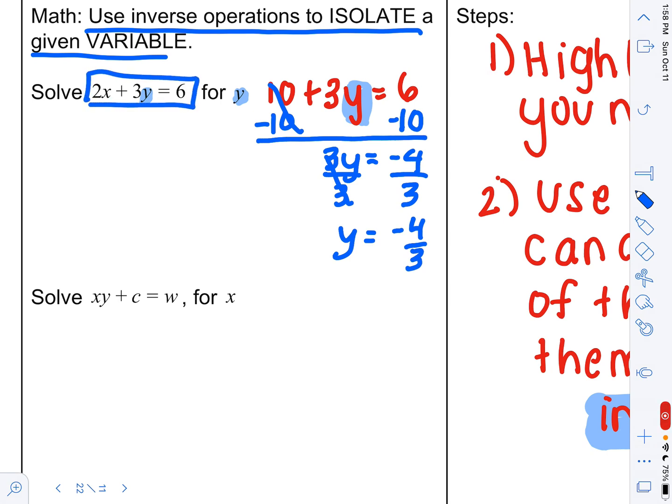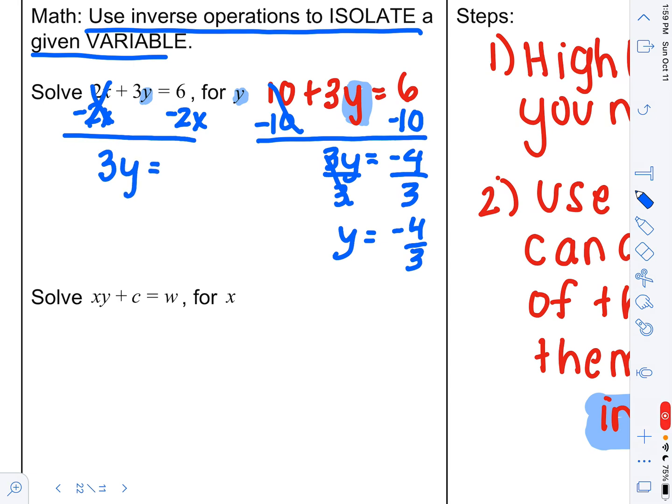So if we need to get y alone, just like here, how we subtracted 10 because we need this 3y alone, well, I'm going to subtract 2x, because I need that 3y alone because I'm trying to solve for y here. So I'm going to subtract 2x. Well, what's 2x minus 2x? Did we move it to the other side? Yeah, because 2x minus 2x is 0x. You're left with nothing, so that cancels out. And we have 3y